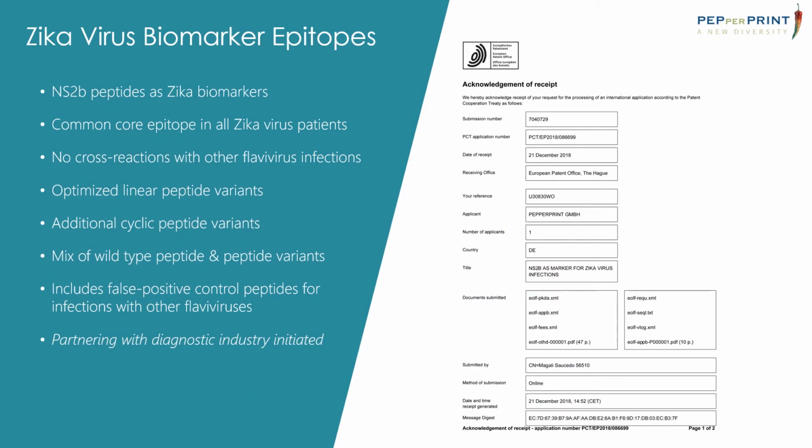Now, just to share a bit about these Zika biomarker epitopes, these are derived from the Zika NS2B protein, which we found to be among the common core epitopes in all the tested Zika virus patients. And these had no cross-reactions with other flavivirus infections. These biomarker epitopes include peptides of linear, cyclic, wild-type, and optimized variants, as well as false positive control peptides against